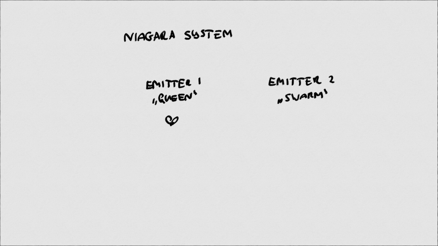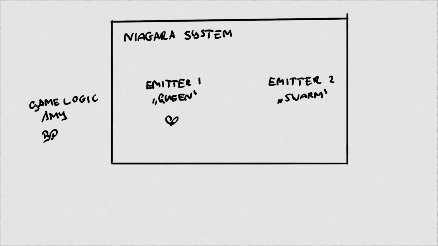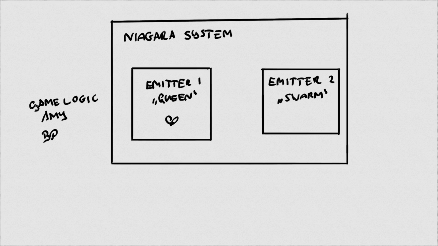On a high level, this looks like this. We have our Niagara system here, and it contains an emitter for the queen. This would be just one particle. And another emitter for the swarm. Then outside the system, we have the game logic. There's Amy and other stuff generally in Blueprint. Now all of these live in their own little boxes, right? There's the particle system as a whole, the two emitters in that system, and finally the game logic in the